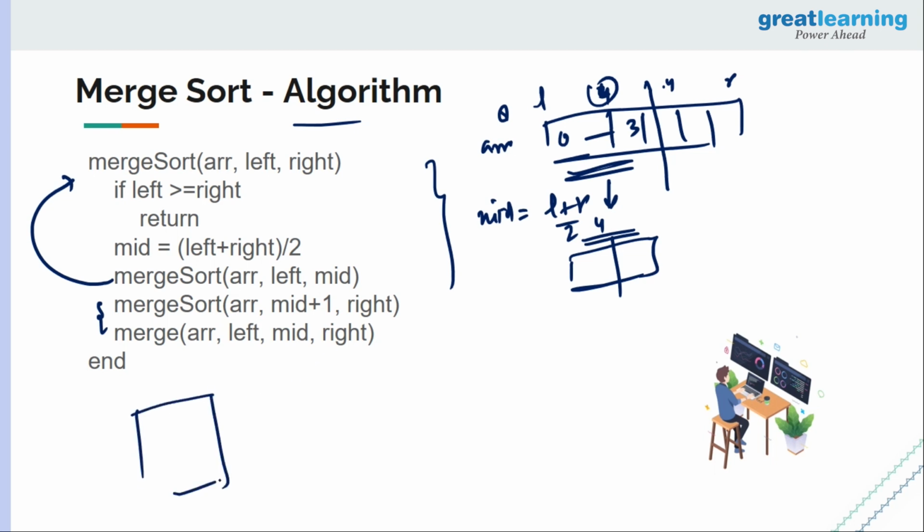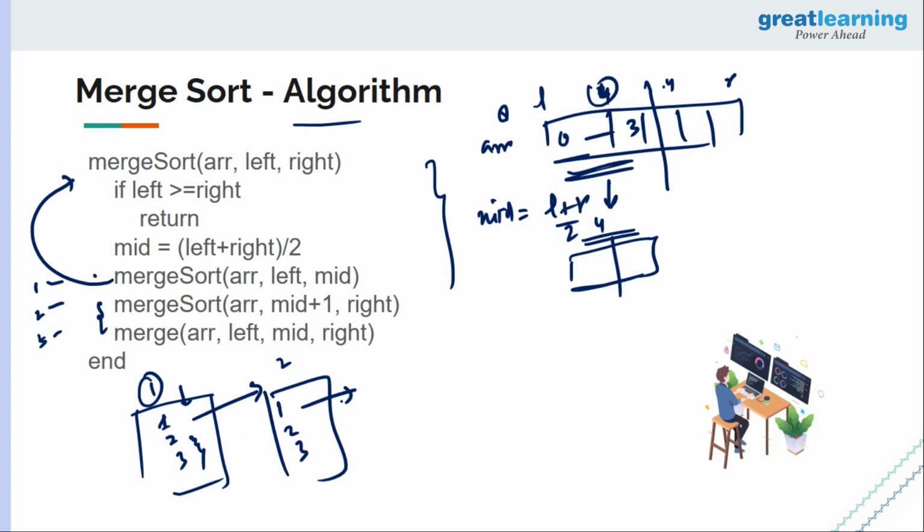So now let's suppose this is our first function call, and you have these 3 steps. Let's name them 1, 2, and 3. So in the first function call, 1, 2, and 3, we are calling again. This is the second function call, and we are calling again these 2 remaining, right? And we are calling again 1, 2, and 3. Right? So in this case, again, we are calling it on these 4 elements, and it will be divided into